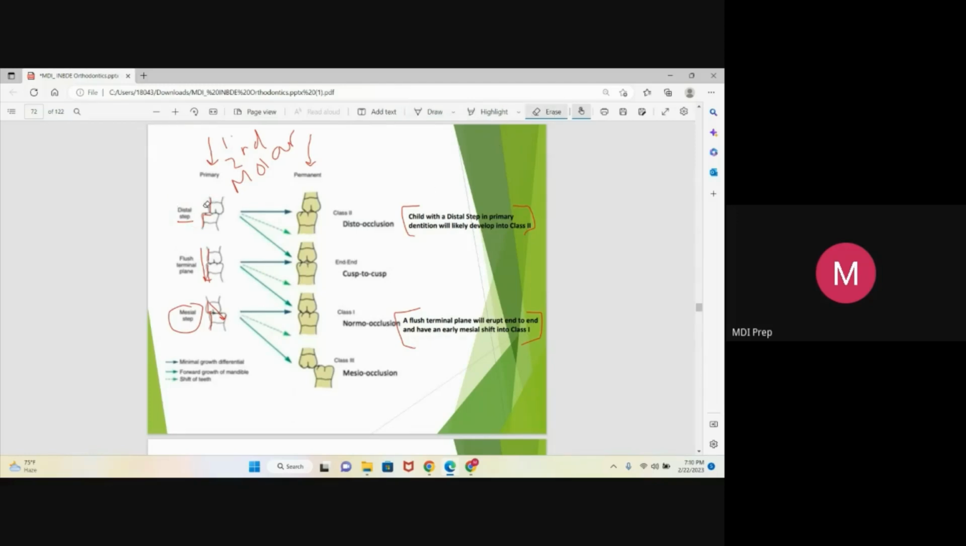Anybody have any questions about identifying what the primary malocclusion is and labeling those before we talk about what the primary malocclusions lead to in our permanent dentition? All right, seeing that there are none at this moment,